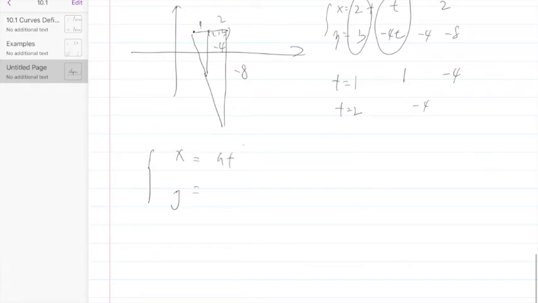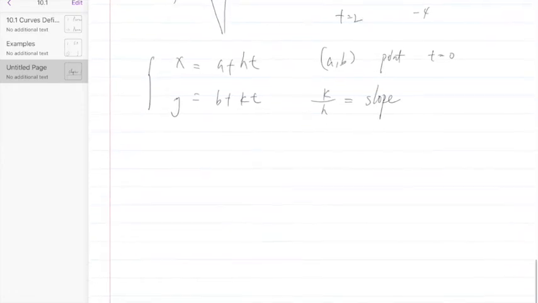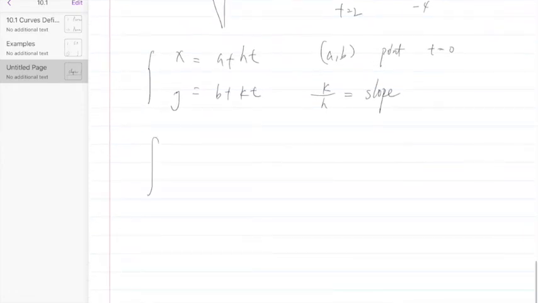Okay, from here you can see, next time you see something like a straight line, first you need to recognize it is a straight line by recognizing the 4 numbers and the t. Second, a and b actually tells you a point on the line, which give you what happens at t equal to 0. And the k over h, which is a ratio, gives you a slope. This tells you if your x move by 1, how much your y will move. Okay, maybe twice the size of your x, maybe 3 times the size, maybe 1/3 of your x, and also maybe if your x increases, your y is going to be decreasing. That means your slope is negative. Okay,